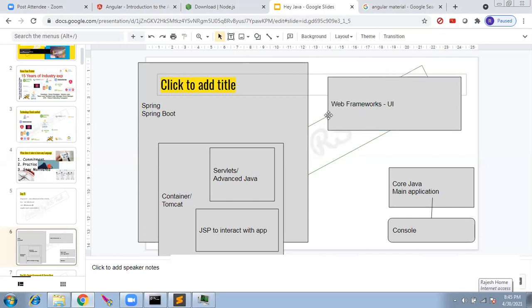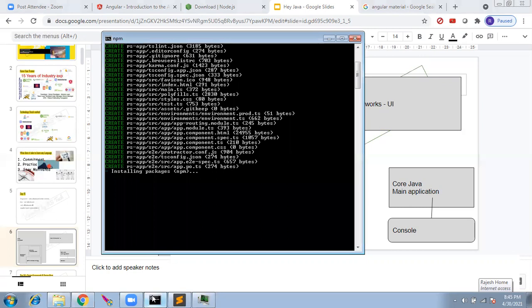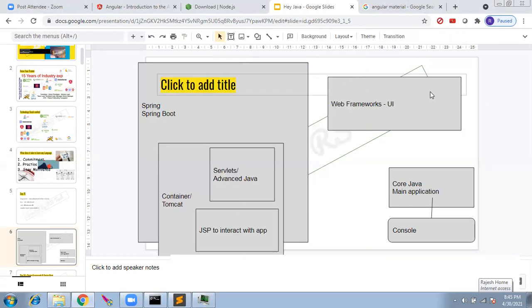So web framework came as a replacement of JSP. So that is why we are going with Angular. You can write the user interface layer alone separately, and this will talk with the container. The container is going to talk with the core Java.